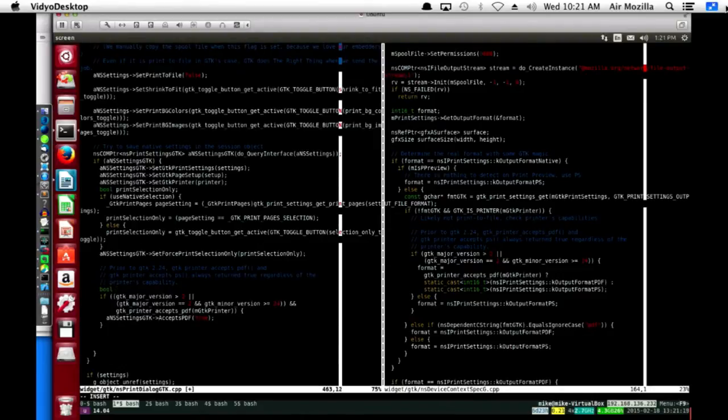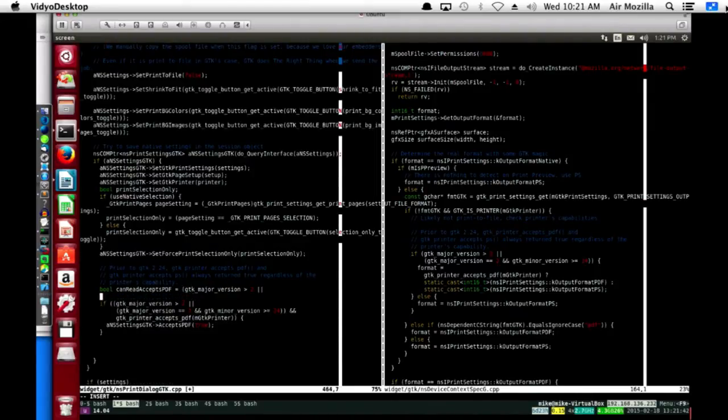Bool can read accepts PDF equals GTK major version greater than 2. Here, this is where we'll put this little bit.